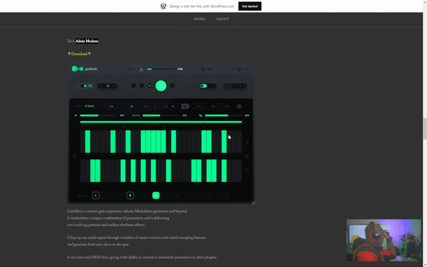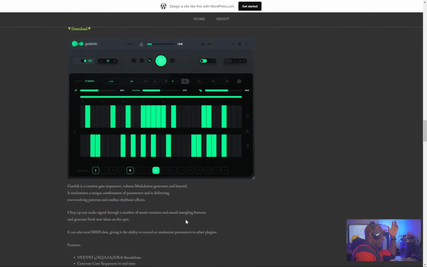So next up here we have GateLab from the same developer, Audio Modern, and similar to the last one, this is gating set to a sequencer, to a step sequencer. So you can gate 100% and everything in between. You can have the gate totally off and you'll hear nothing. So this one's going to give you a lot more choppy effects, cutting in and out the audio, and